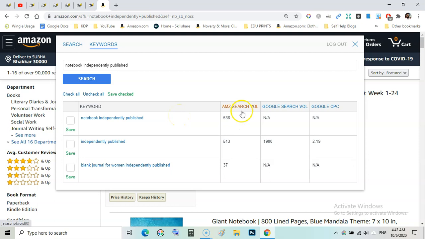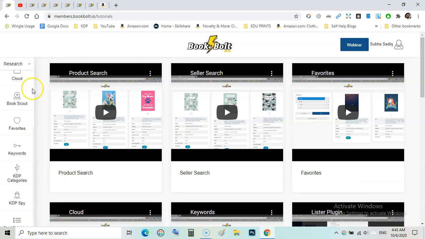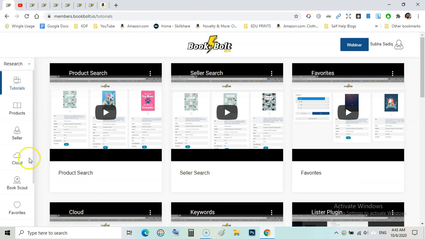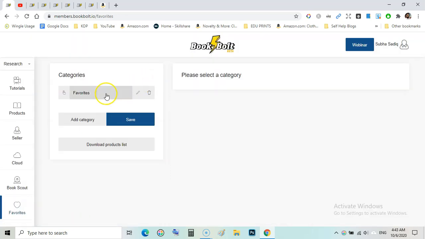So this is Amazon search volume, Google search volume and CPC. These are some keywords, and you can also save these keywords, and the saved keywords will transfer to the favorites. Here your favorite products and keywords will show, and categories will show here if you add anything into favorites.